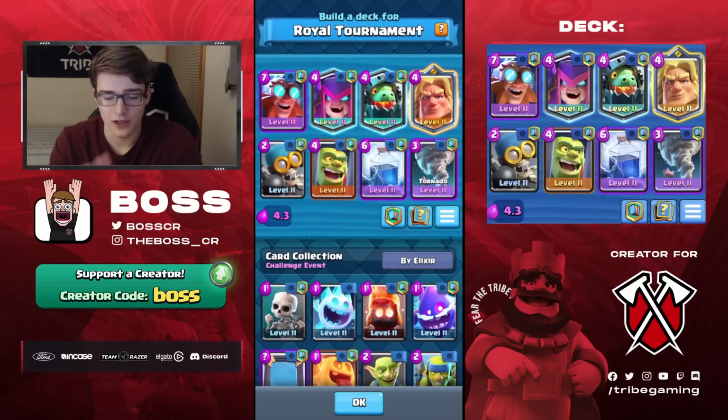Tornado pairs really well with the Electro Giant, Golden Knight, and the Bomber, and then you got Inferno Drag and Cage, really good on defense. So very well-rounded deck offensively as well as defensively, which is why it's one of the strongest decks right now